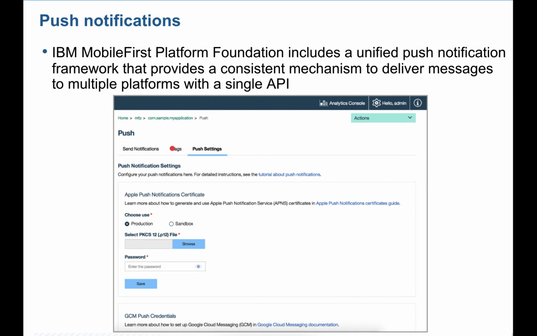Suppose any user wants to receive both notifications, they can enable both and they will get both. Whenever you send any notification here, you can choose that you are sending a notification only to those people who have subscribed for transactional notification only. So they will get that. If any user has subscribed for only promotional notification, they will get promotional notification only. Or vice versa, you can implement based on your use case. This is the overview of push notification.